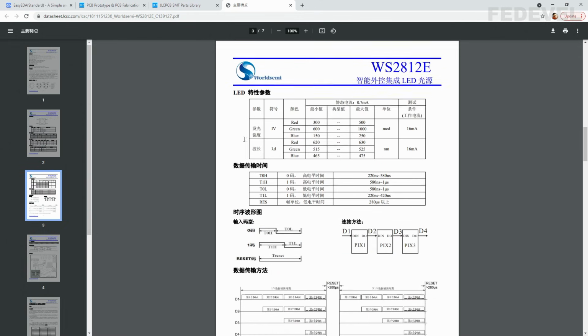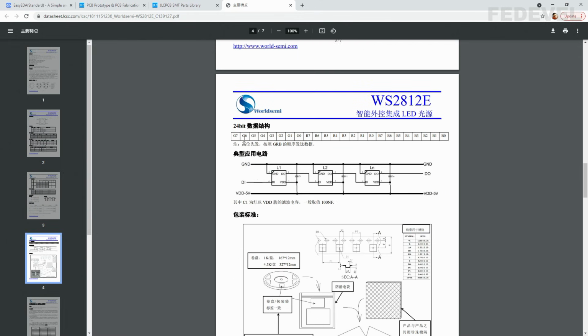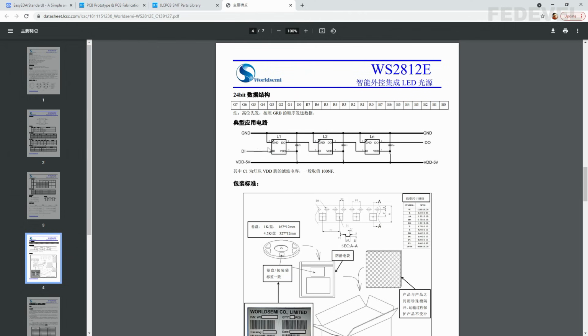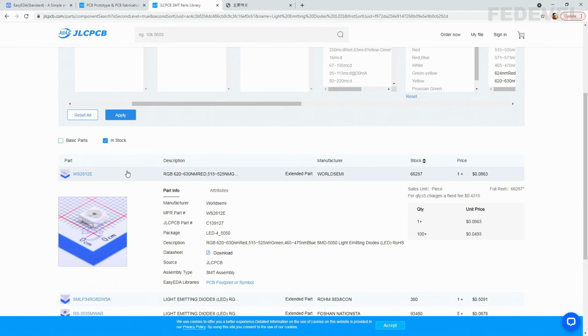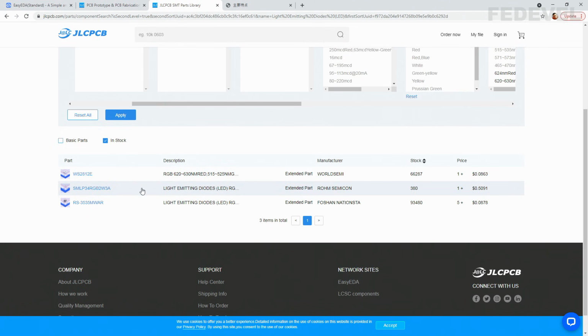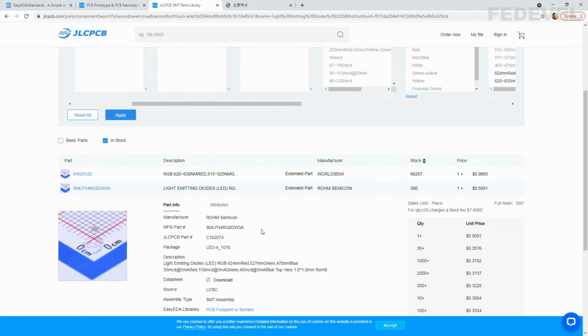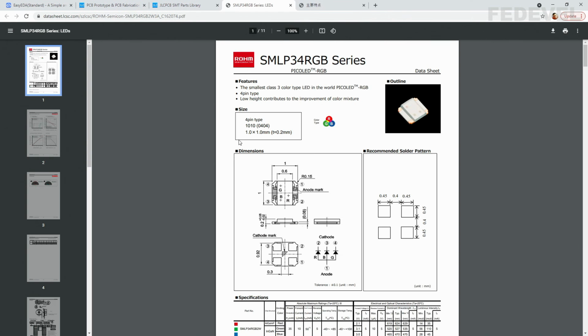And this is not the kind of LED which we would like to use, because in this LED we cannot directly control the RGB LEDs. You can see this is a special diode which can be connected in series. So let's go back. I'm going to close this, open the next component, left click, open datasheet of this component, left click, and this is exactly what we need.